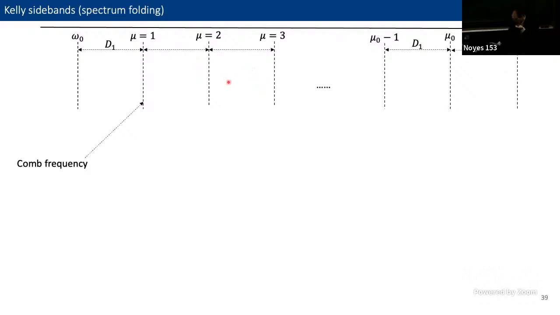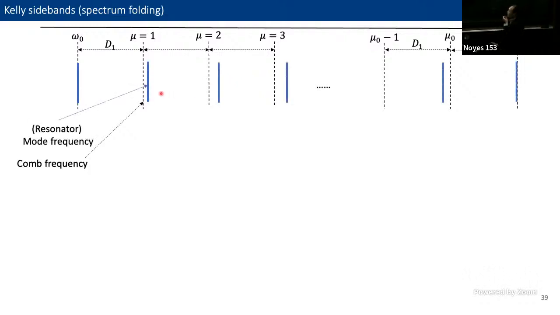However, the distance between adjacent optical modes of the resonator is not the same, because in the optical resonator, the media has chromatic dispersion,